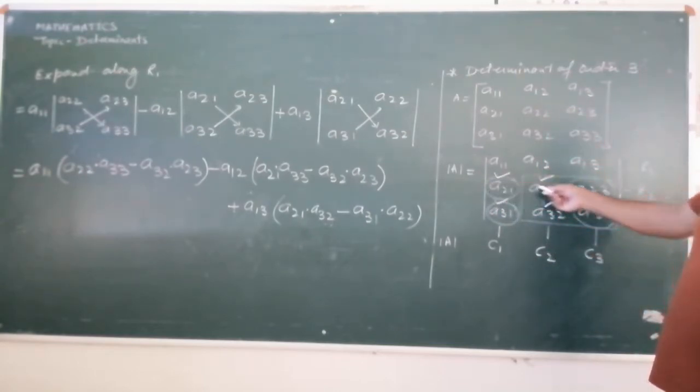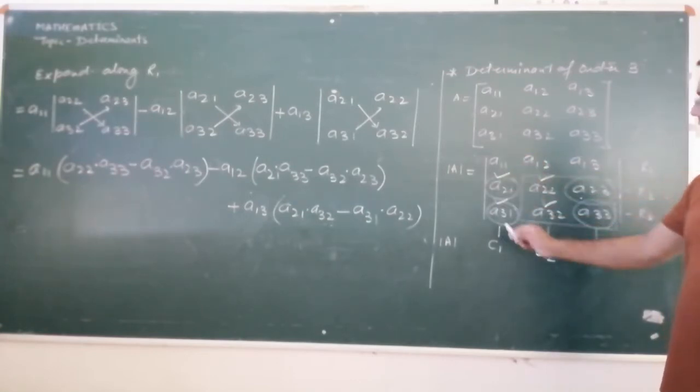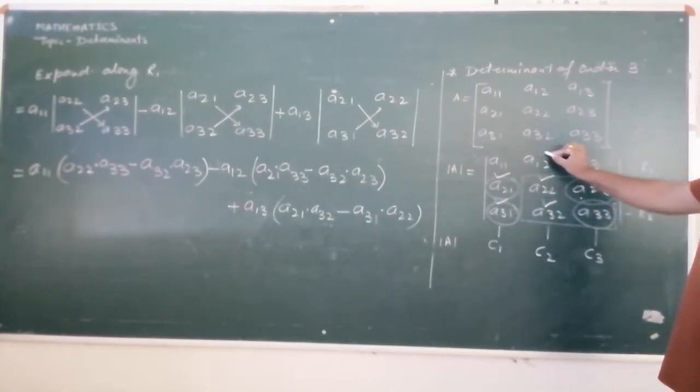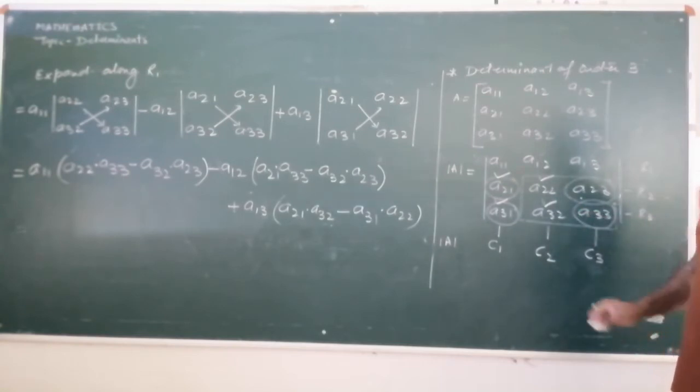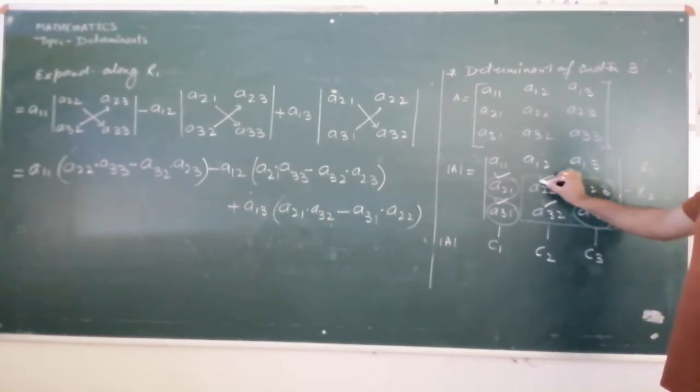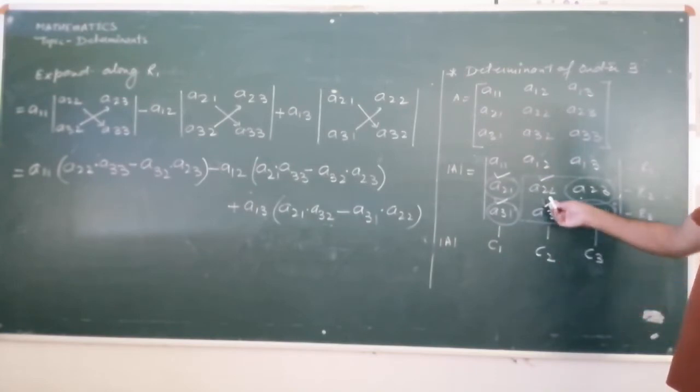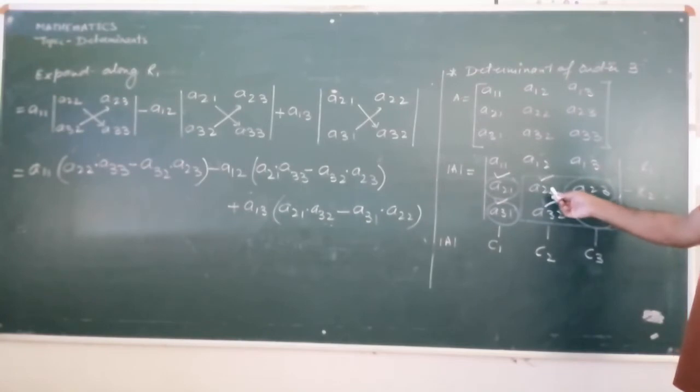Then you will hide the second row and the first column. Remaining elements you will write in the form of a determinant. Then the second element you will write with a negative sign in front of it, and then you will write the